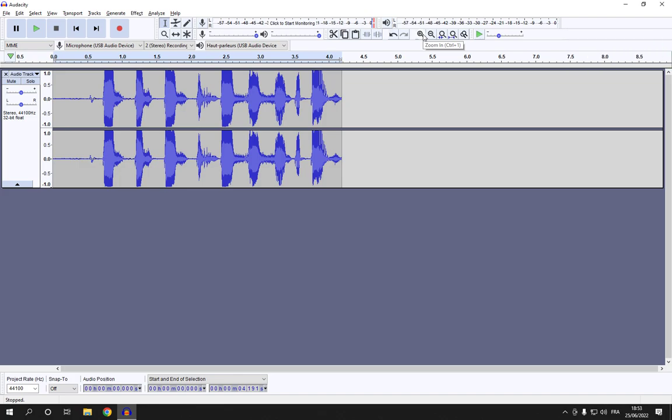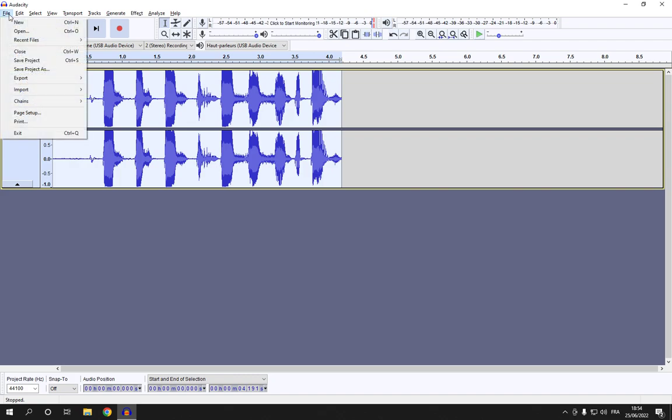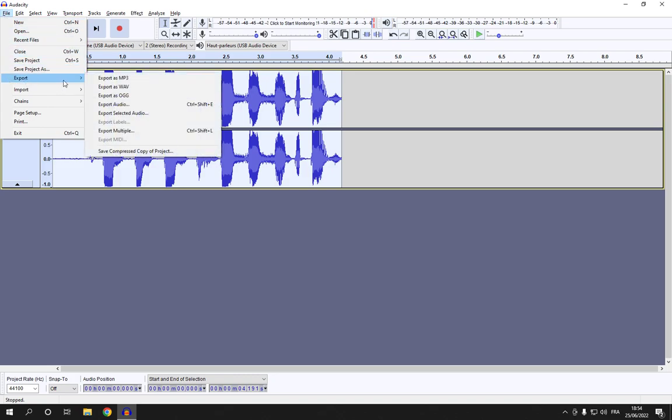Hello guys. So all what you have to do is go to Audacity. As you can see, this is the home page. Now all what you have to do here is so simple. Just select your audio like this and go to the top corner, click here on file, and now after you click on file, all what you have to do is go down and go to export, and here you will